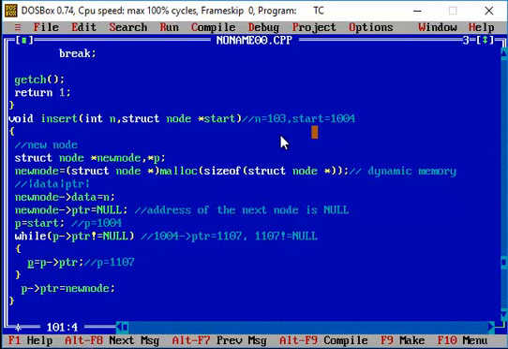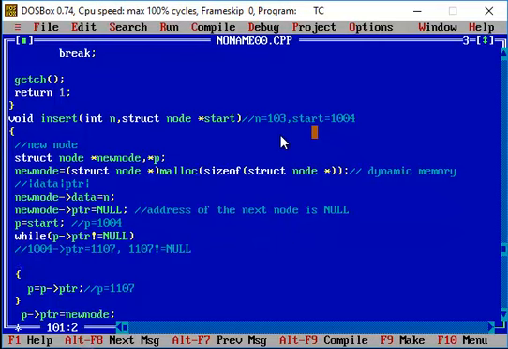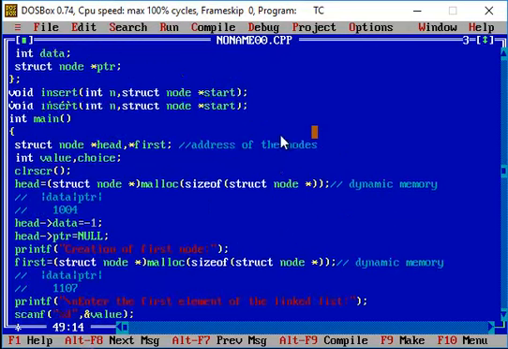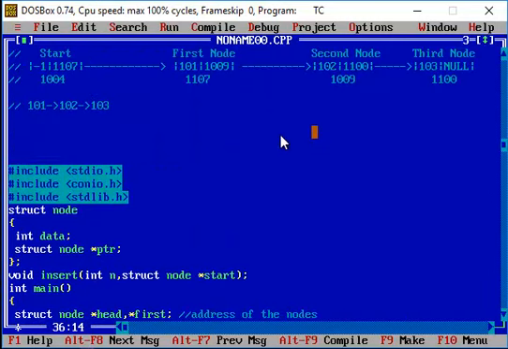Now I'm visiting the next condition. In the address field of 1107 I'm visiting the pointer value. The pointer value in 1107 is 1009.